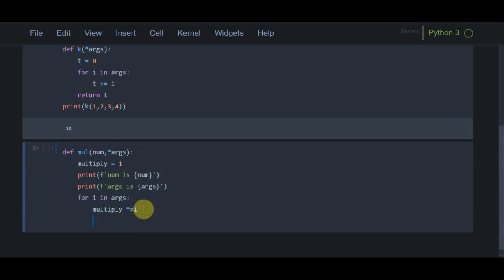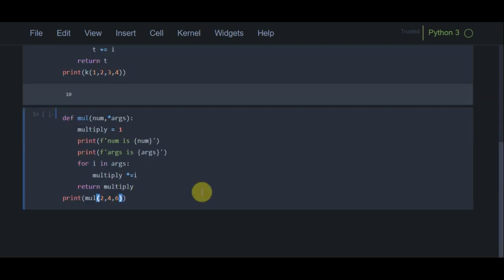All the atoms will be stored in i, and then we can simply return it, and then we can call our function. Multiply is the name of the function, and then we can pass the arguments.